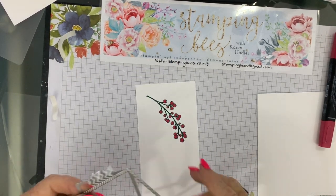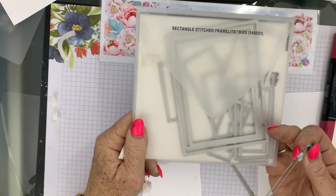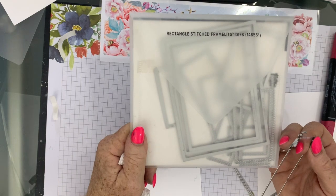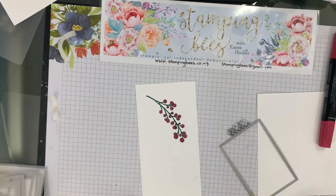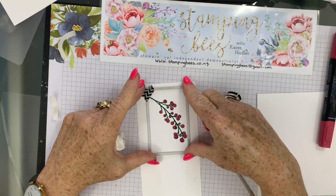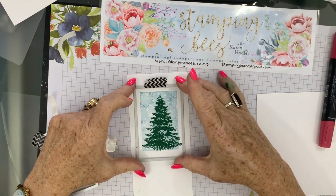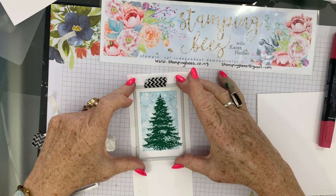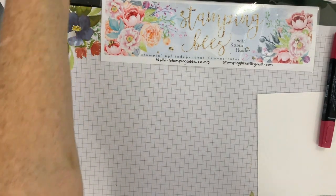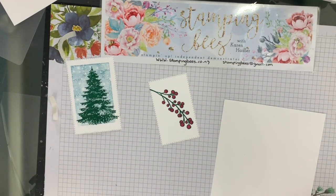Now all I've done is I have used these from the Rectangle Stitched Framelit dies, and I have just positioned that and cut that out there, and I have done the same with this one, just using a bit of tape to make sure that it's centered, and then die cut those, and so that you don't have to watch the table wobbling. I have pre-cut them. So now all we have to do is fold the card